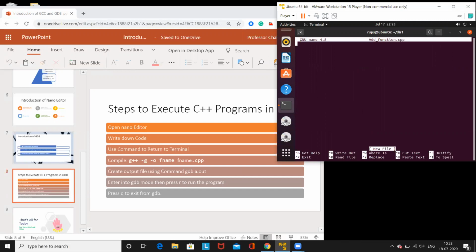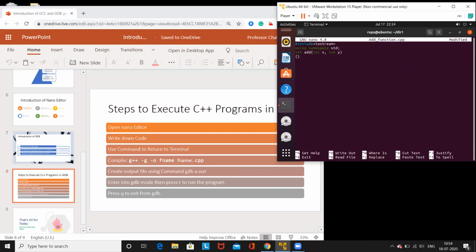It is a program name, add with the help of a function. So simply include iostream, using namespace std. After std, then one function I want to declare, int add. In that function I will write int x, int y.